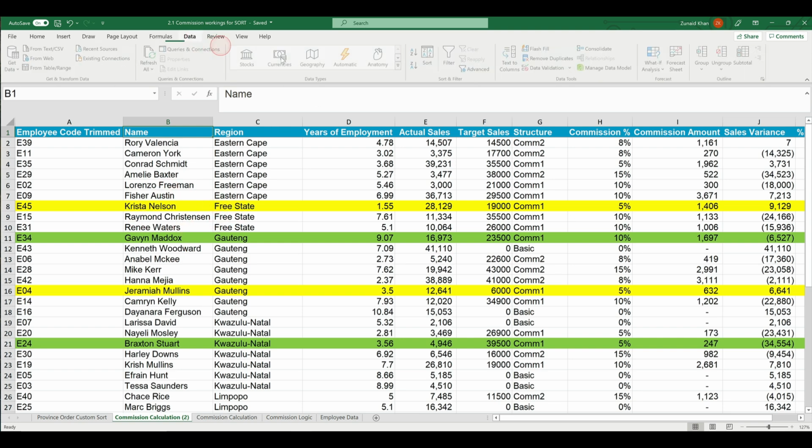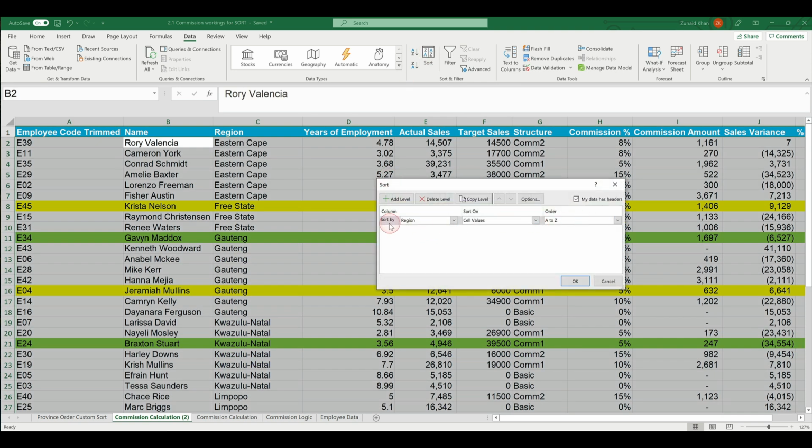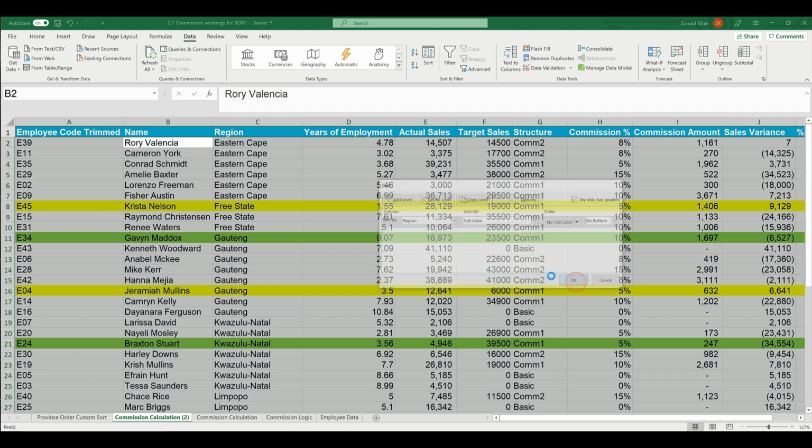Now this is where the other sort options become quite helpful. So if I go to Data, Sort, right, you'll see here that I can sort on region, but I don't only have to sort on cell values. When I click on Sort On, you'll see that there are other options like cell color, font color, and conditional formatting icon. So if I select the cell color, and let's say I said the no cell color should be at the bottom, so those that have no color fill in them, and if I say OK, right,